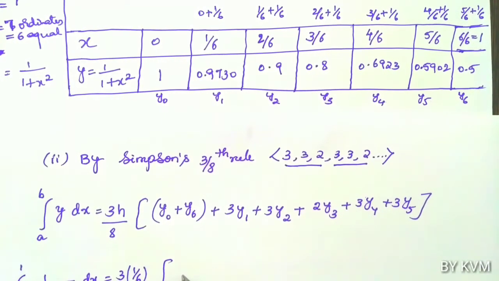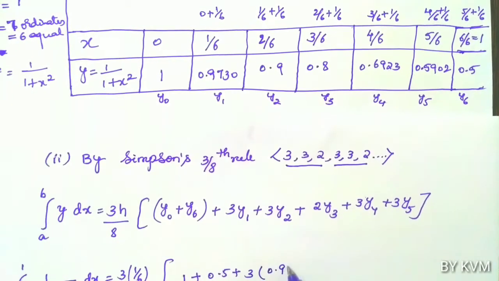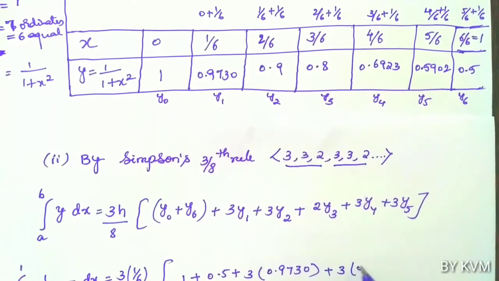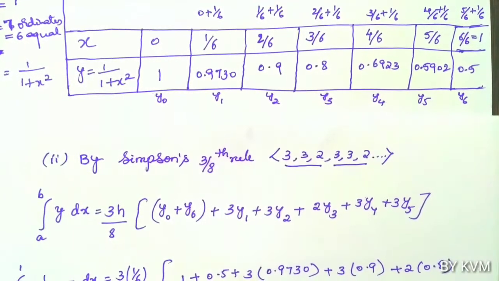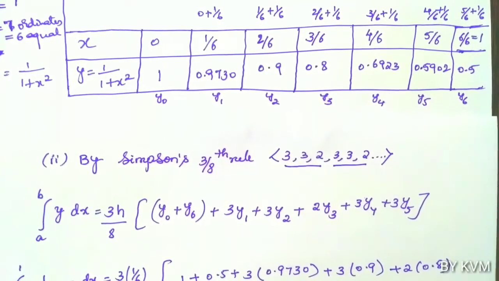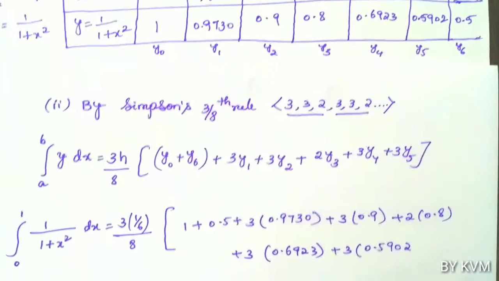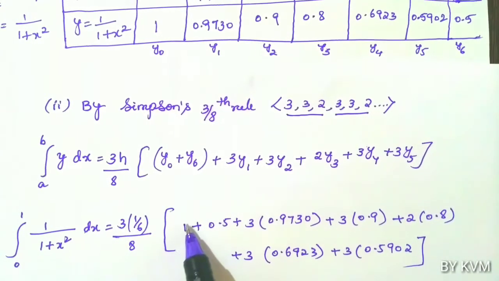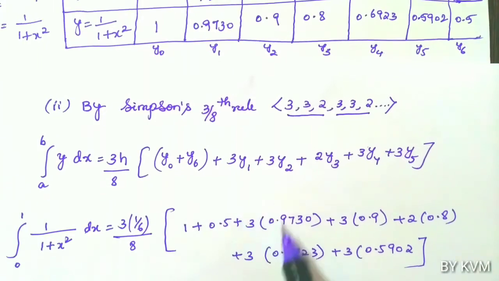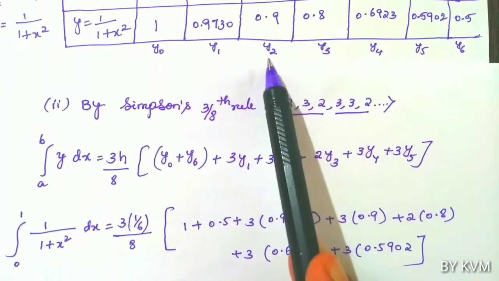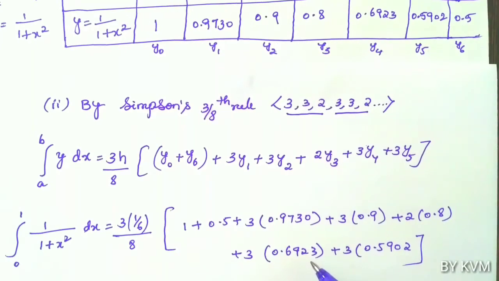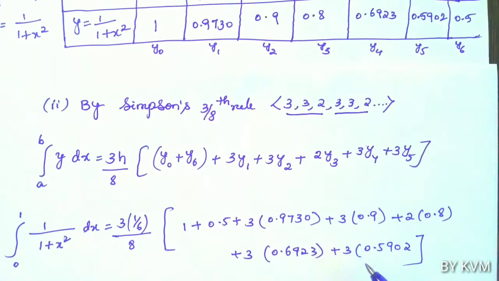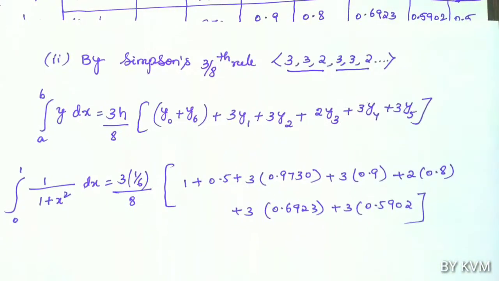So use the brackets. So y0 is 1, y6 is 0.5 plus 3 into y1, 3 into 0.9730 plus 3 into y2, 3 into 0.9, 2 into y3, 2 into 0.8 plus 3 into y4, 3 into 0.6923 plus 3 into y5, 3 into 0.5902. Use the calci, we get